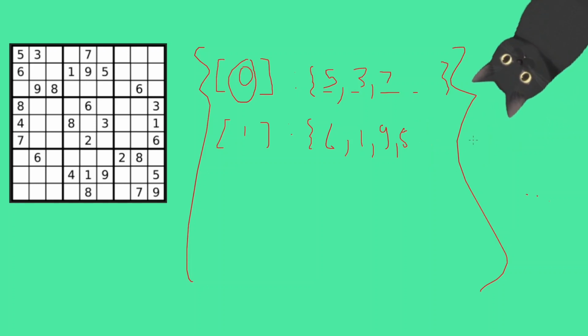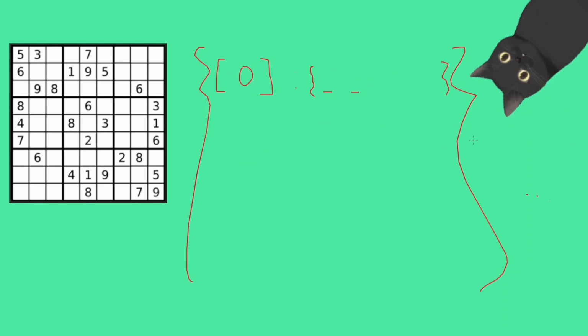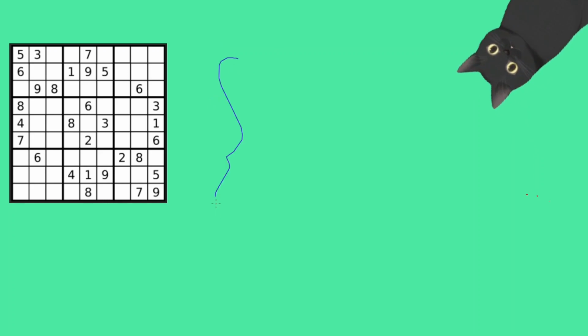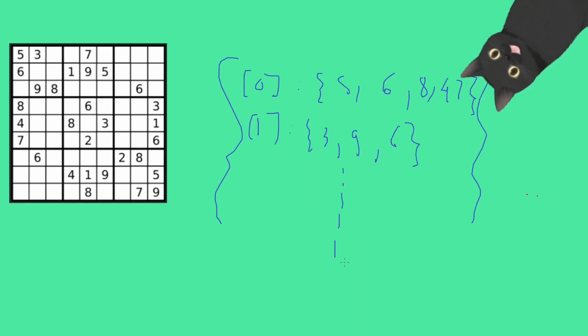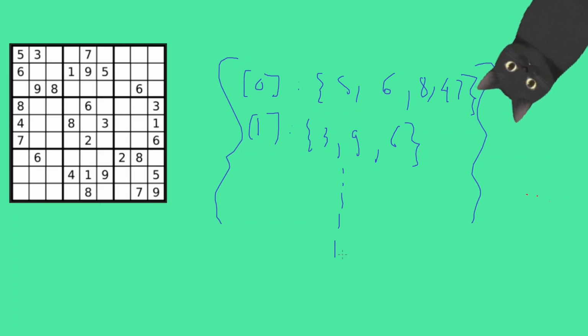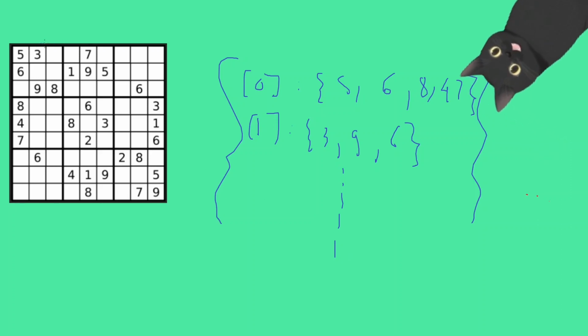Now, if I were to create the column set, this is, let's say, the column set, and the column set will be like 0 column will have 5, 6, 8, 4, 7. Then one column will have 3, 9, 6, 7. Really, we have other elements. So this is how we'll create the data structure. Lastly, to check within this grid,